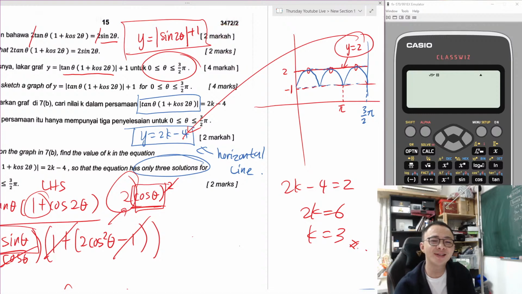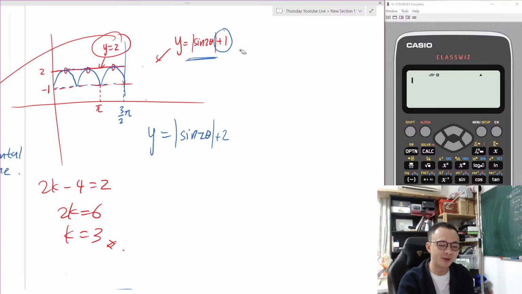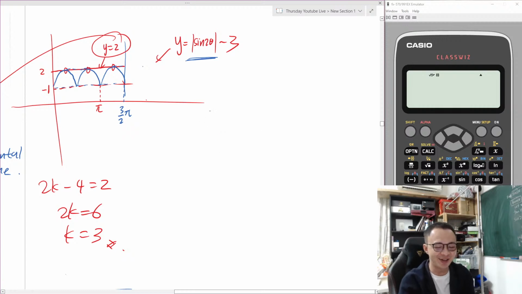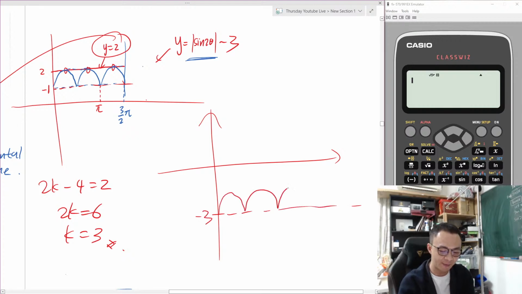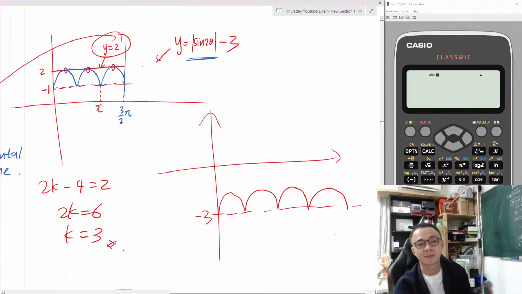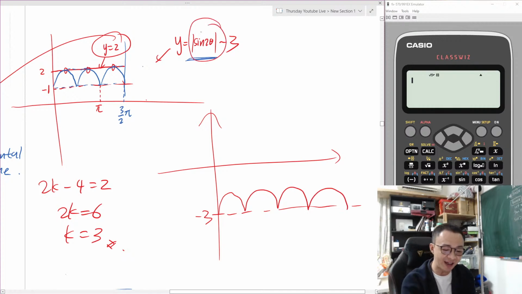If modulus -1, then anything must be above the -1. For example, because I know some of you are a bit panicked, right? Let's say -3. The idea is still the same. So this is the x-axis and this is -3. Then my sine graph is over here, because this value is the positive value.